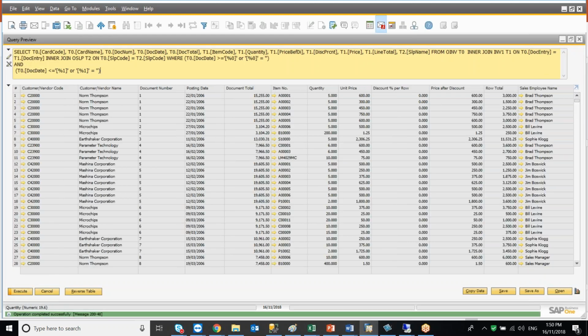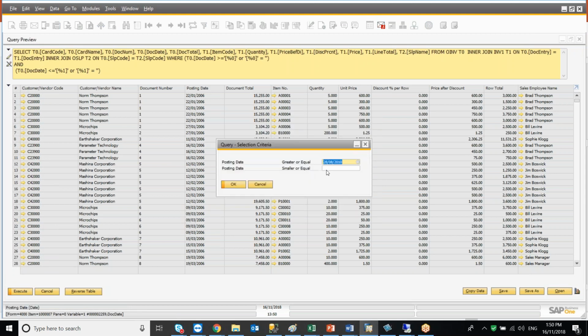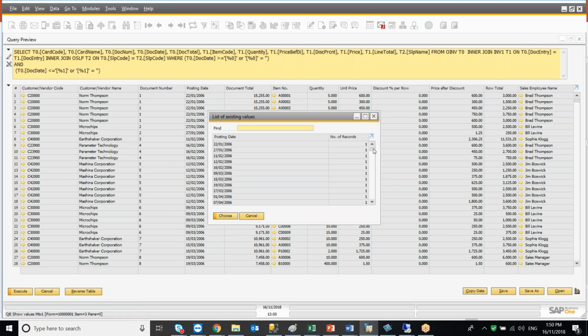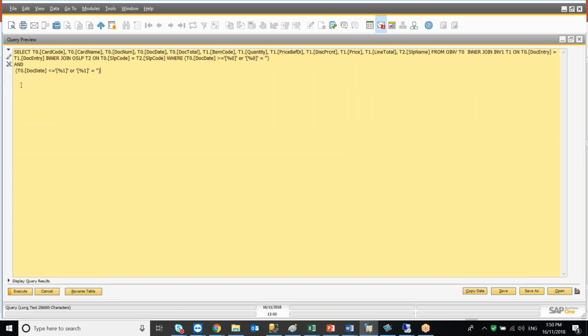And there we go. So right now, if I leave my dates blank, it'll return everything. And if I do put a date selection in there, so say I only want to return between 2010 here and 2014 here, it'll give us this as well, which is great. So now we're looking at invoices